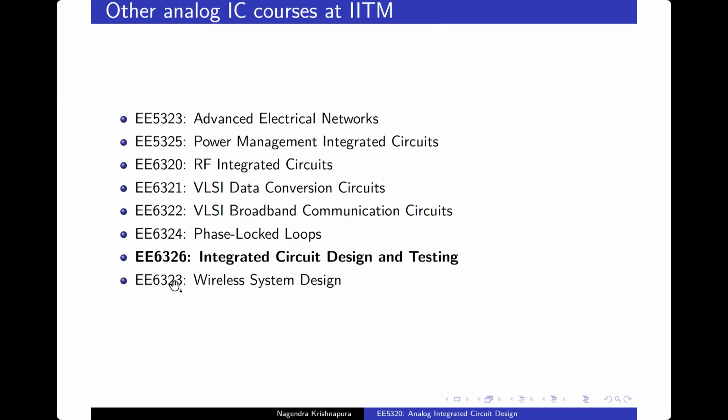So I think we have more than enough courses to satisfy your need if you feel like studying analog circuits. And next semester we'll have IC design and testing and a number of other courses. I highlighted this because I teach this, but there are lots of others as well. Okay. So